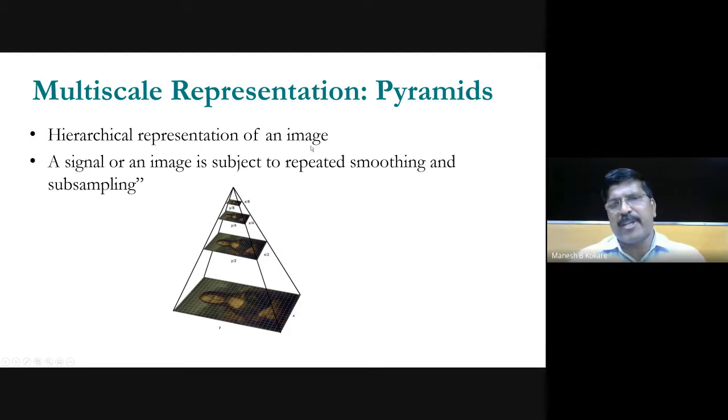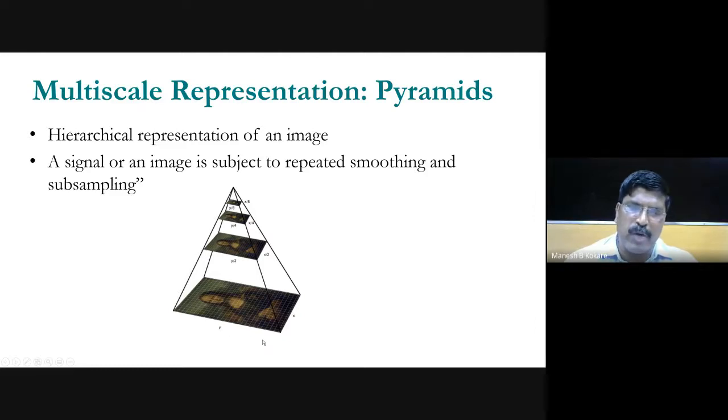So hierarchical representation of an image is also called a pyramidal structure of the image, and in this, a signal or an image is subject to repeated smoothing and subsampling. Means you are doing the Gaussian filtering, and then subsampling of that, again representing. So finally,